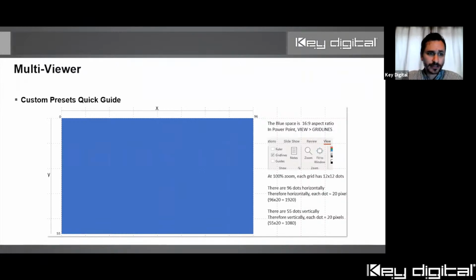So again, here's a look at the custom presets quick guide, one of those 2 resources. And it actually, when you download it, it's a PowerPoint, and we want you to view it with the grid lines on, so that you'll notice in PowerPoint, each grid has, so you see these like a number of squares here, right? They're 12 by 12 squares. And there's 96 dots horizontally, 12 by 12 dots, I should say, 96 dots horizontally. So each dot equals 20 pixels. 96 times 20 equals 1920, 55 dots vertically. Again, each dot 20 pixels, 55 by 20, 1080, right? So you kind of establish